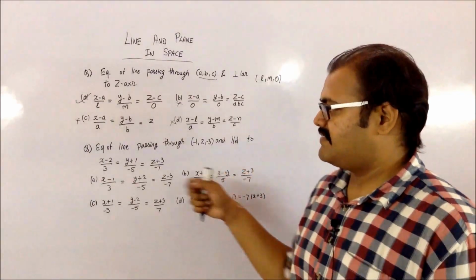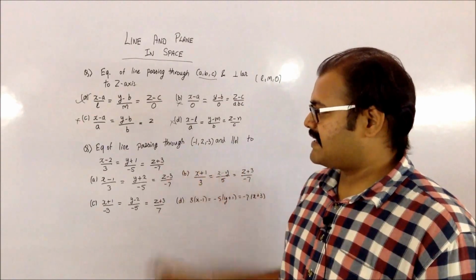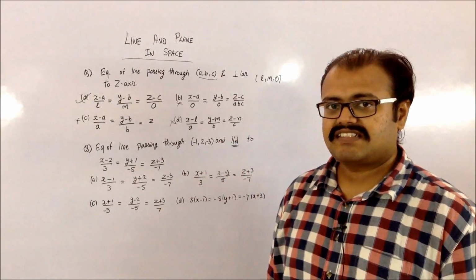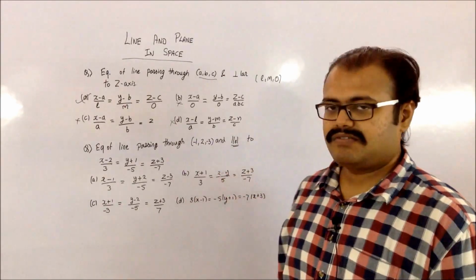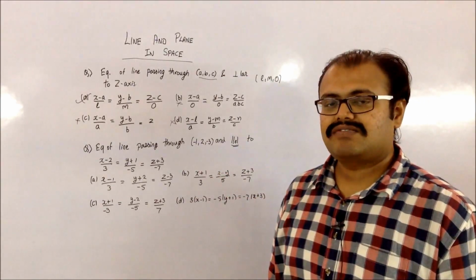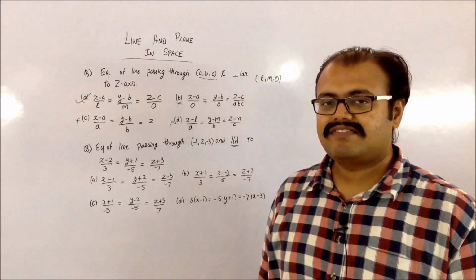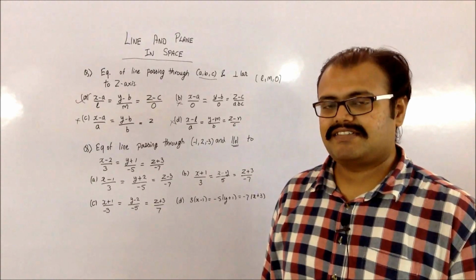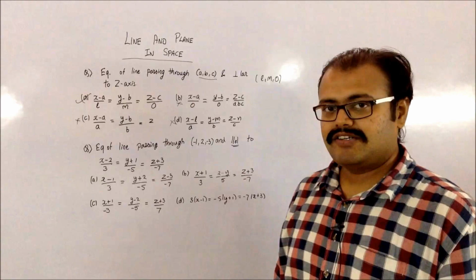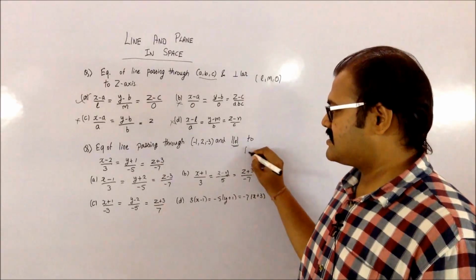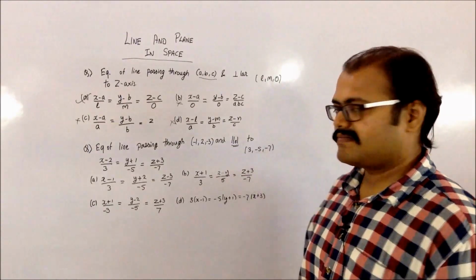Moving on to the next one, we have the equation of a line which is passing through the point and is going to be parallel to this line. These types of questions are commonly asked, wherein they give you a line which is parallel to the given line. In that case, you have to understand that the directional ratios are going to be the same, or if the directional cosines are given, then the directional cosines will be the same. So whatever required line we get should have the directional ratios 3, -5 and -7.